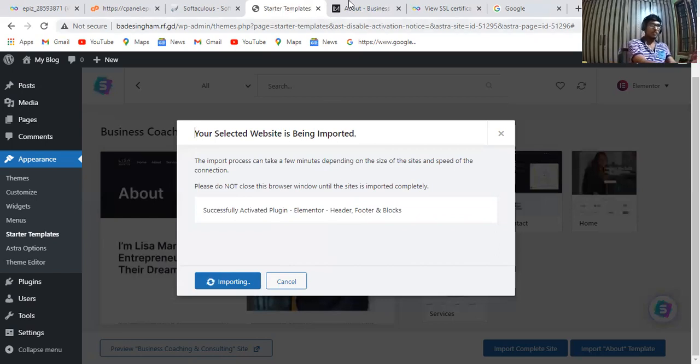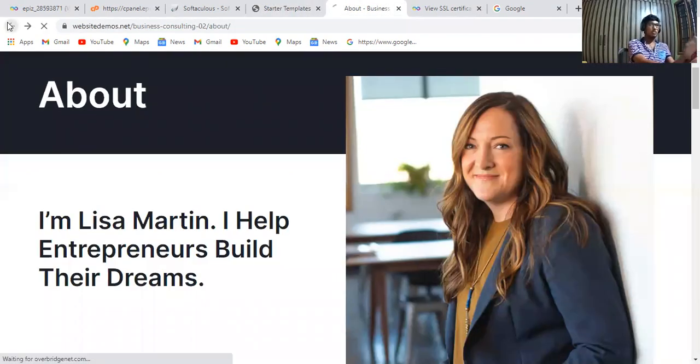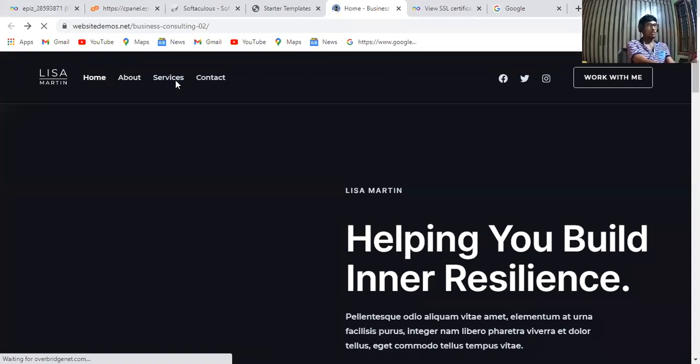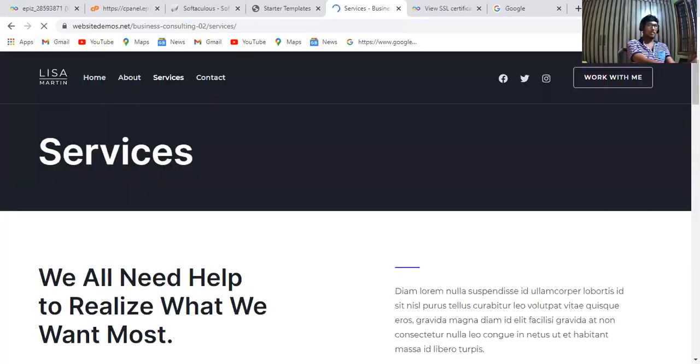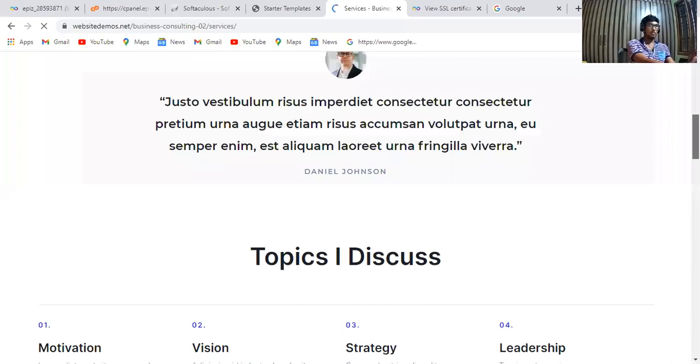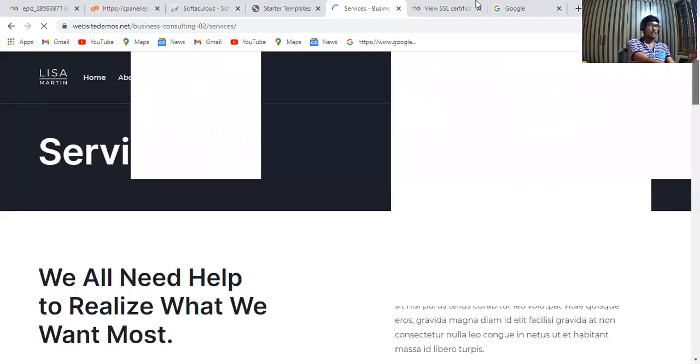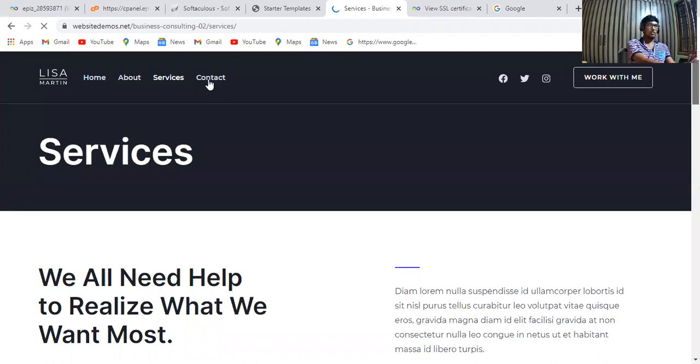Meanwhile, this is the example that I'm going to show you here. The site will be activated within 1 minute only. I have already shown you the about page. Meanwhile, I'm going to click on the Services button. See how the design is in the other option named Services. Let's see here, all of you. This is the example. And if you contact me or work with me, many options are there. I'm going to change all these options. Let's wait, all of you.